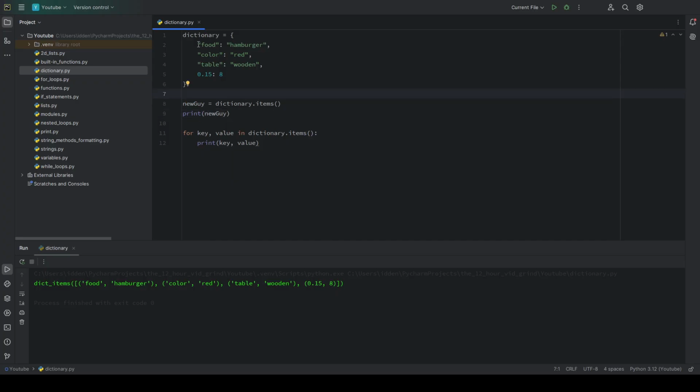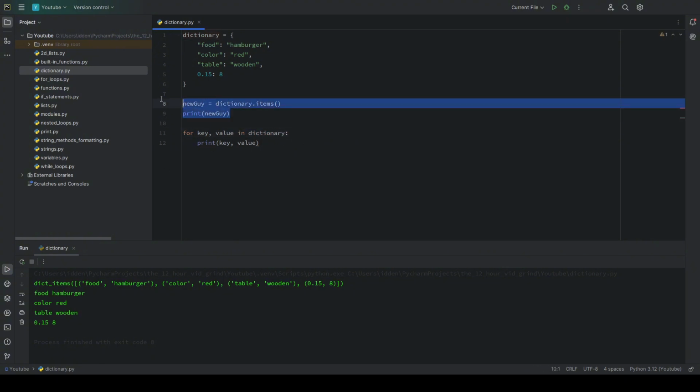Before, you can only access just the keys or just the values. So far I've only talked about accessing the values, but normally you can only access the keys and the values separately. But with dictionary.items, this allows you to access both at the same time. So you can set two variables, key and value, in dictionary.items, which is some new data structure, and you can access both the keys and the values at the same time. Now you might be wondering, why can't I just put down for key, value in dictionary, print key and value? Well, the thing about